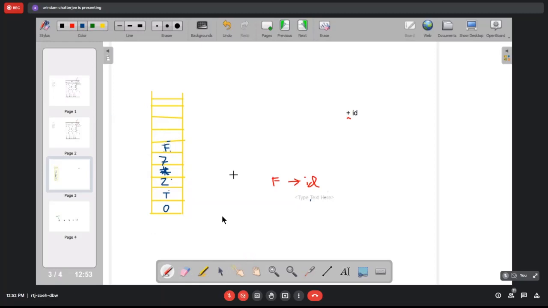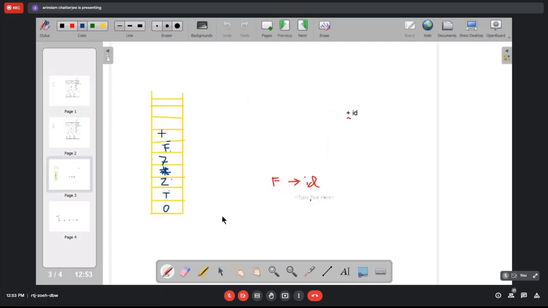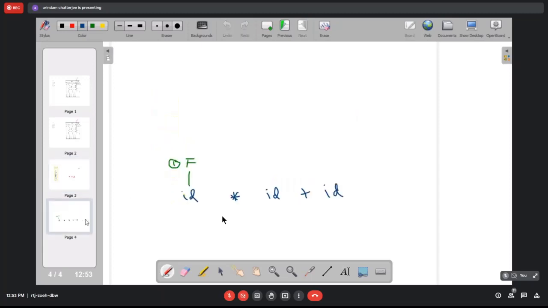And 7 and F. What is 7 and F? State 7 and F is 10. So a 10 should come here. Of course, we have to do this as well because it is a reduction action.